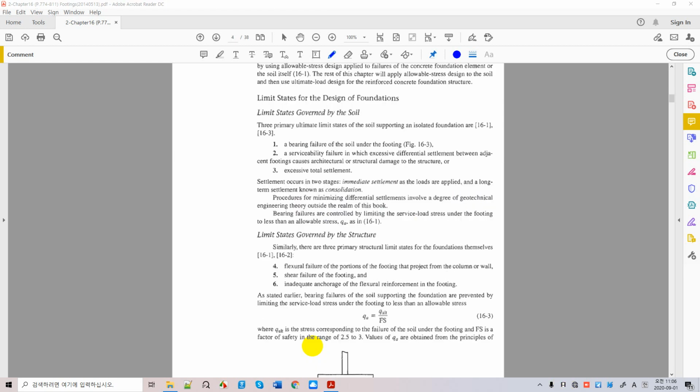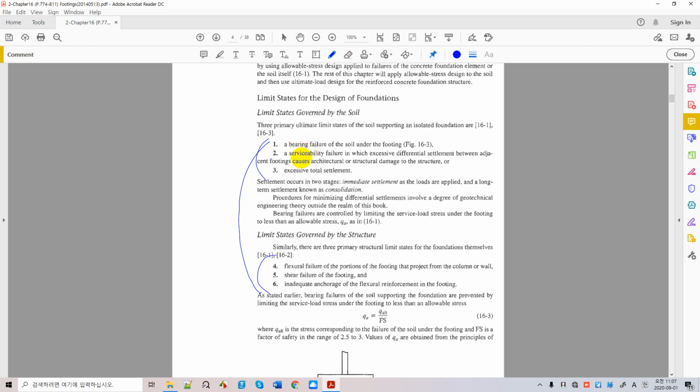Things we should be very careful about in designing foundations under limit state design include 6 factors, as you see over there. The first 3 factors are associated with soils, and the latter 3 factors are associated with the structure, the concrete, whatever the structure itself is. And the first criterion that we should be very